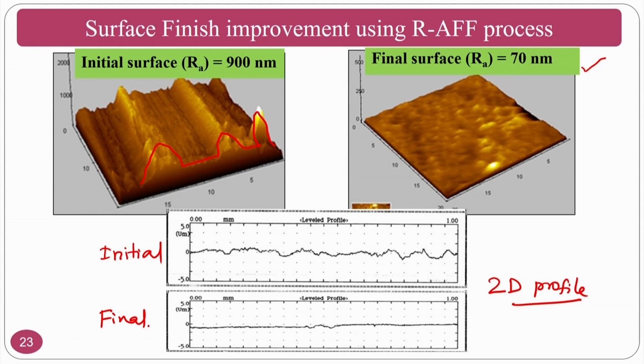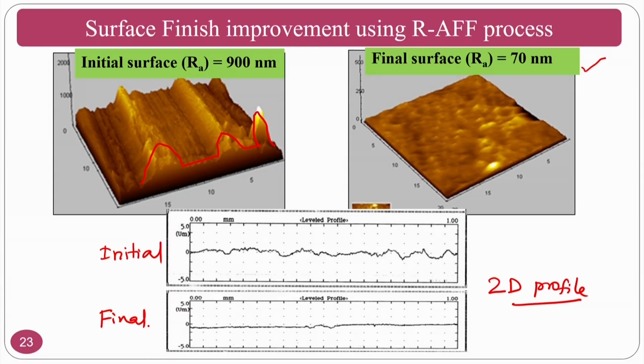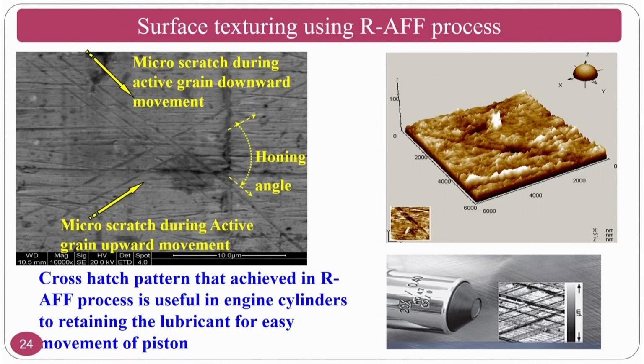Okay. So, as I said, the abrasive flow finishing process finishing rate is less. In rotational abrasive flow finishing process, you can improve the surface finishing rate. That means that with the same time the finishing that you can achieve will be better. In abrasive flow finishing process, you will get approximately the same pattern, as if you are moving the abrasive particle perpendicular to your grinding surface, then you will get a normal surface.